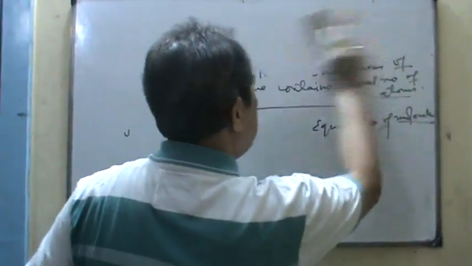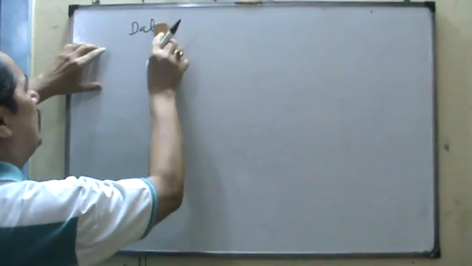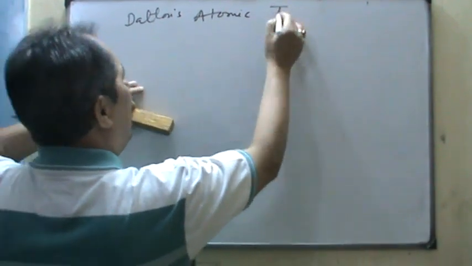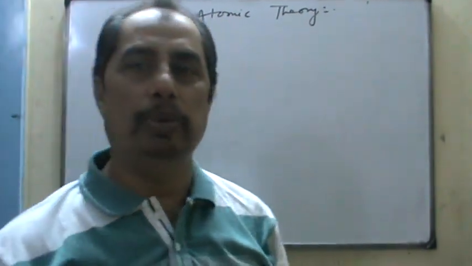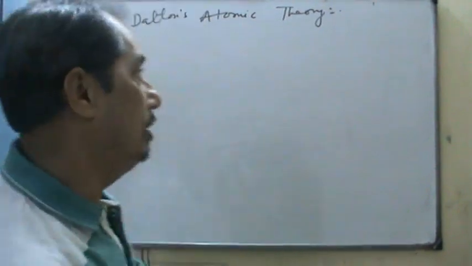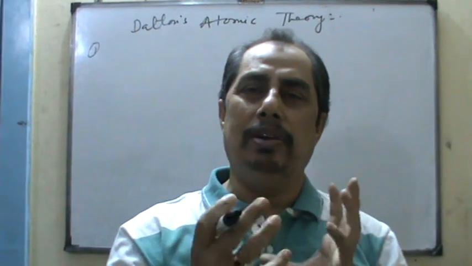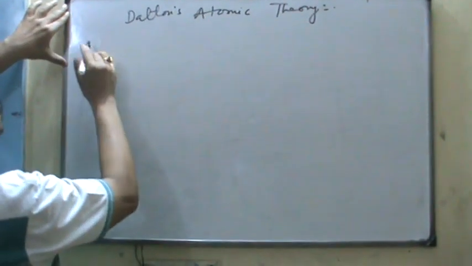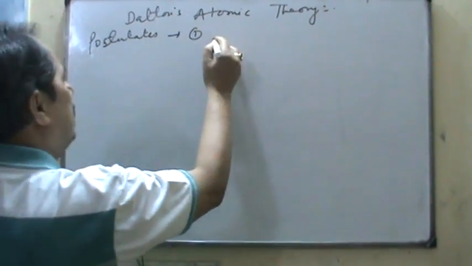Now, dear students, the last part is Dalton's atomic theory. It is the very beginning of chemistry, and most of you must probably be knowing what is Dalton's atomic theory. Dalton was simply a high school teacher, and he used to explain the atom in that way. Every matter, postulates, these are called postulates. Postulates, what is that? Matter is